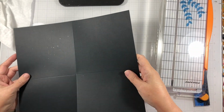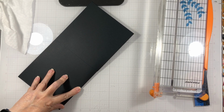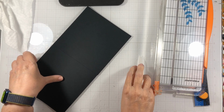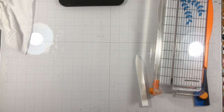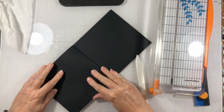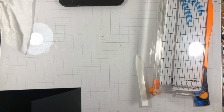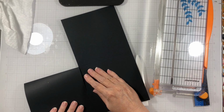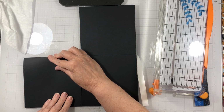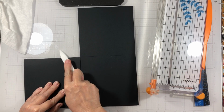So once you've cut it, you're going to fold it in half. Try to line up your corners. That's pretty good. Okay, then you're going to take the loose ones and fold those back, and again try and line up your corners as best you can. This can be a little tricky to get everything lined up, so just do the best you can. And that's not lining up at all, so I feel like maybe I haven't cut that far enough. Just going to see if I can fold that one separately just to get it where I want it. Okay,